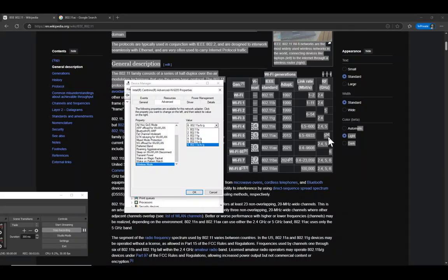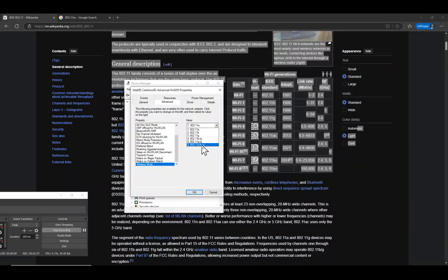So what you want to do is search for 5 only. The more modern 5 standard is called AC. And you notice I don't have AC here, because my computer is really old. All this to say that I'm going to just go back and select. Notice it's a bit weird the way it's put in this case. There is a line here, so 2.4 points to G and 5 points to A. So I'm going to select A.